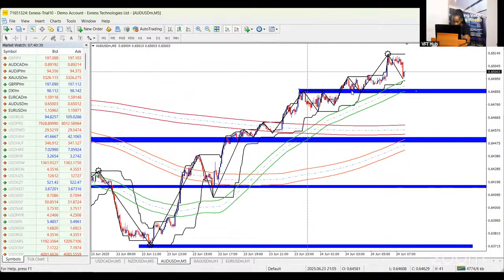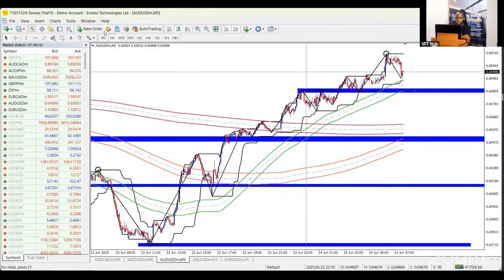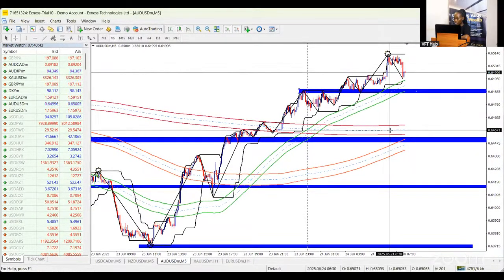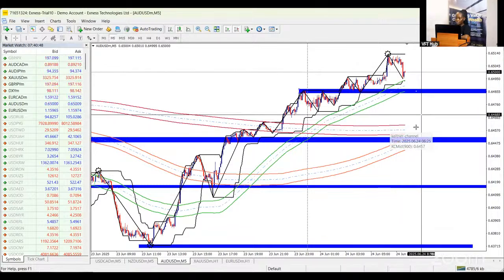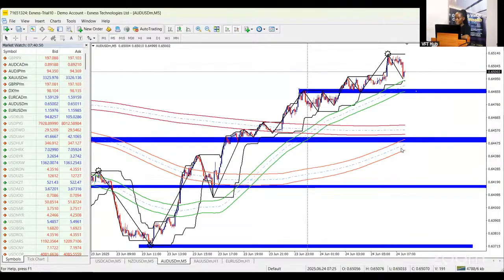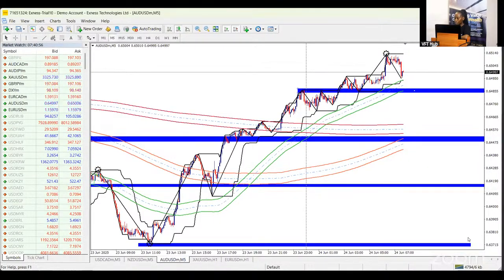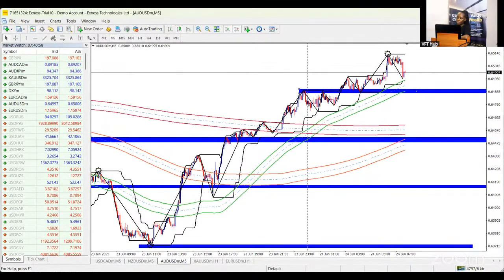What are the levels we're looking out for? Again, those four levels are marked out: 0.64855, that is one. Somewhere between this trend, using the crosshair, you can see 0.64571 is another point of interest I'm paying attention to. And then finally, the other two levels we marked out somewhere around 0.64190 and 0.63715. Price retraces into these levels, gives me confirmation, I'm going to be longing Aussie, provided my confirmation entries are met.